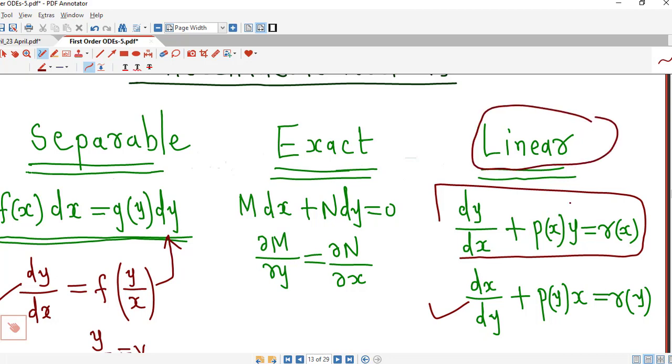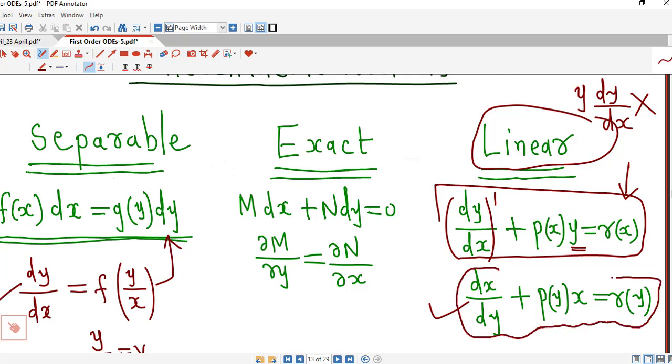So to check linearity, we can check that the power of the dependent variable, that is y, and its derivative must be 1, and the derivative and the dependent variable must not be multiplied. That is, we cannot have this type of products. Y and its derivatives must not be in a product. So if these conditions are satisfied, then we can check whether it is possible to write our equation in this form or not. If the power of y or dy by dx is not 1, or if they are in a product, then we can check